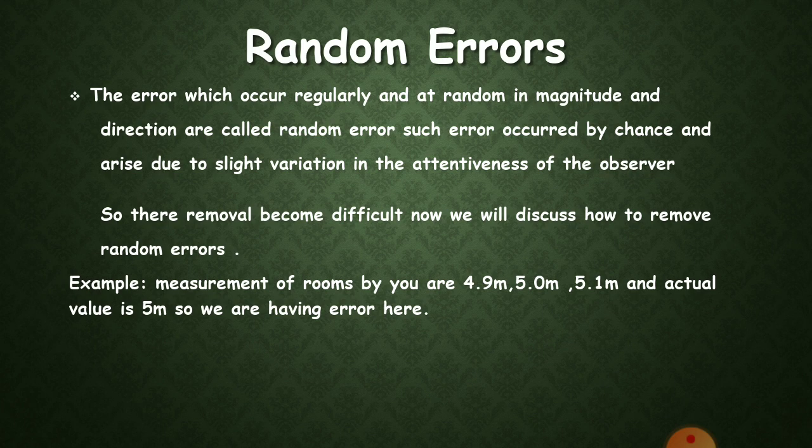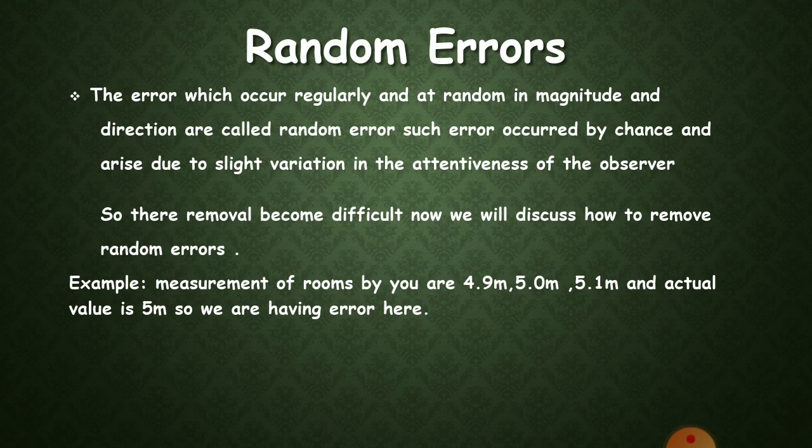For example, if a person repeats the observation a number of times, he may get different readings every time. Random errors have almost equal chances of being positive and negative. Hence, the arithmetic mean of a large number of observations can be taken as the true value of the measured